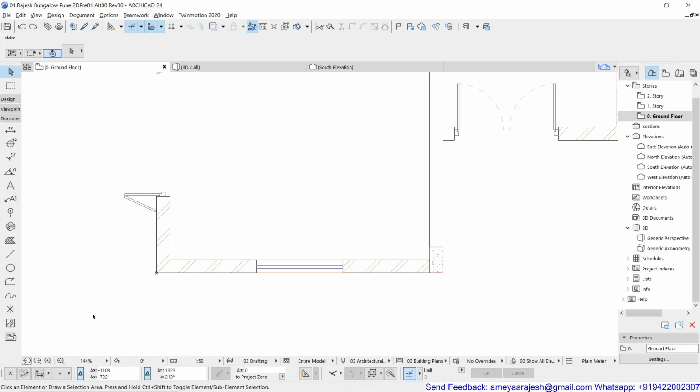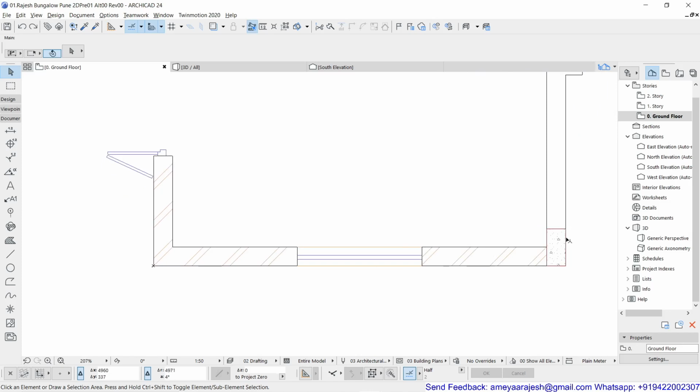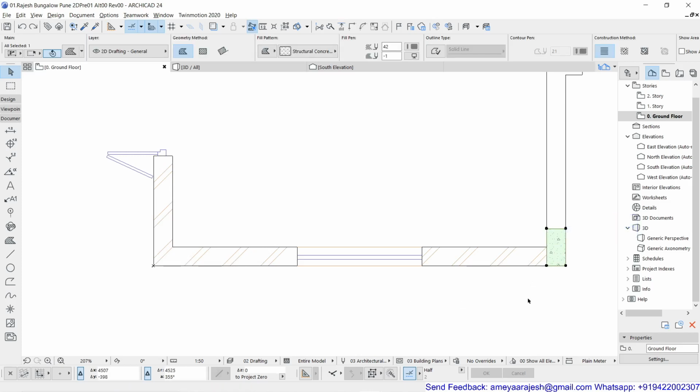Now I'm going to show you two more steps which are related to editing of this field. For example, the first thing I want to explain is if I want to repeat this column on this side, what will happen to the existing wall hatch which I have already shown. Let's try that. I will select this field with the arrow tool, then Control Shift D, drag a copy. I will take this as my reference point, and this is drag 2 point.